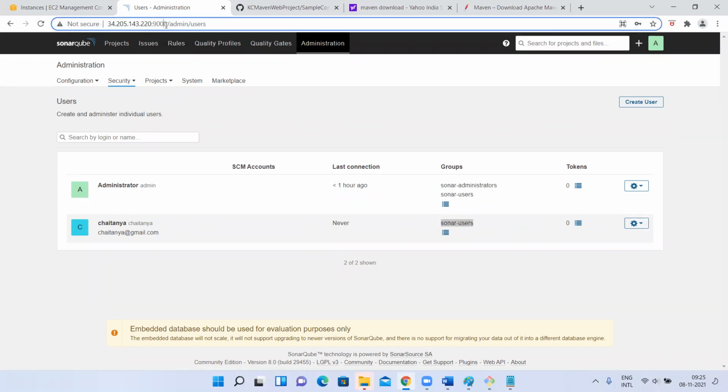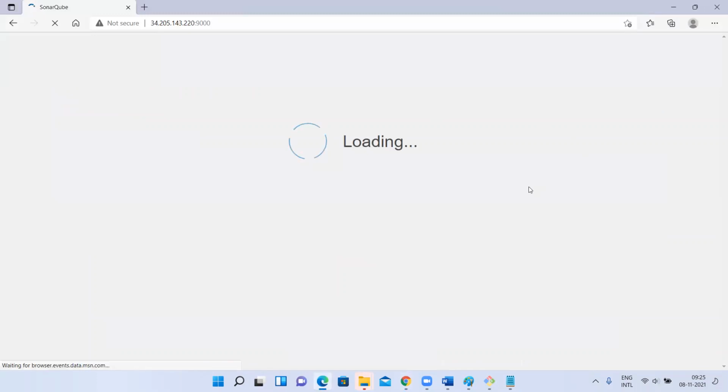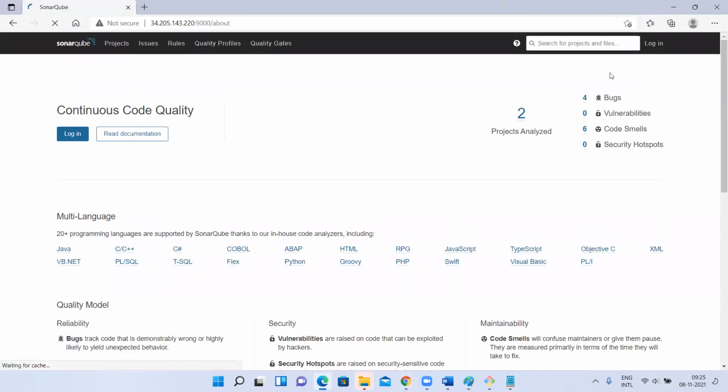Let me take another browser and try to log in as the Chaitanya user. So I'll take this browser. I'm hitting port 9000. See, he's an anonymous user. He's able to see the projects.